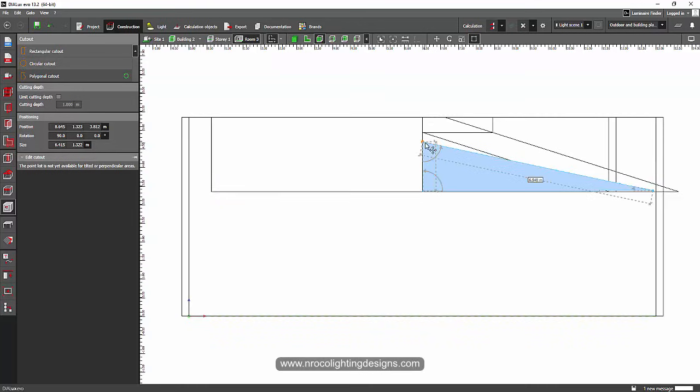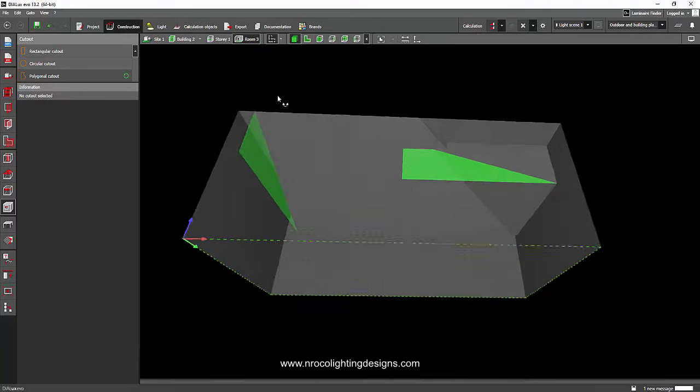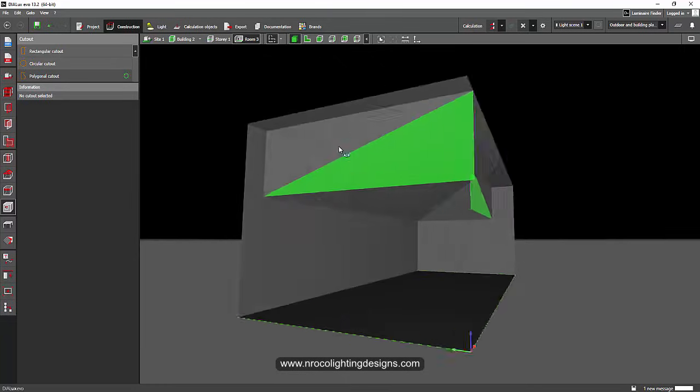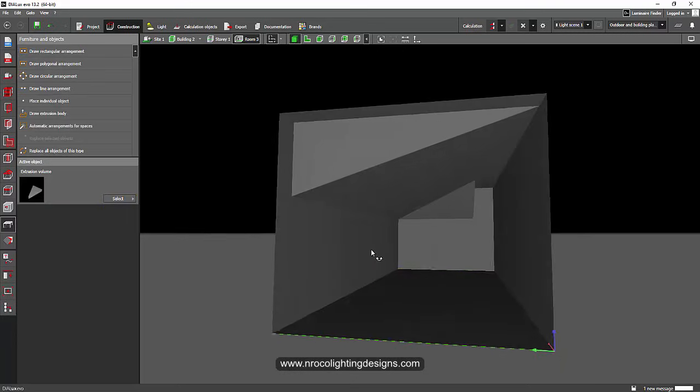So here, we'll cut it and move it there, and also this one, because we will move the object later on. Now we're done cutting it. Let's check. I think this is good.